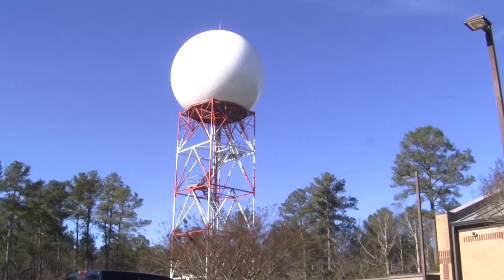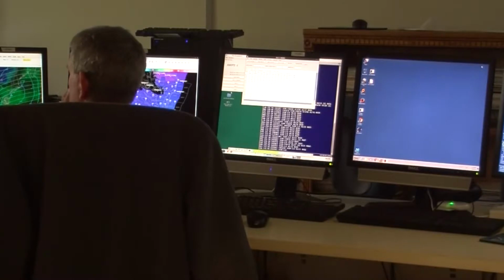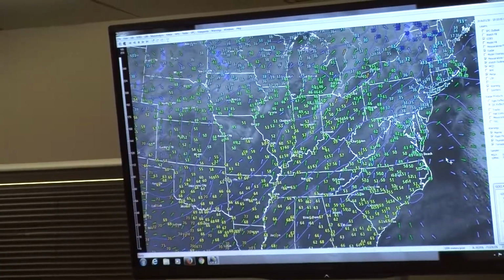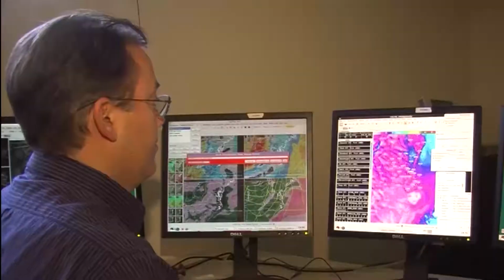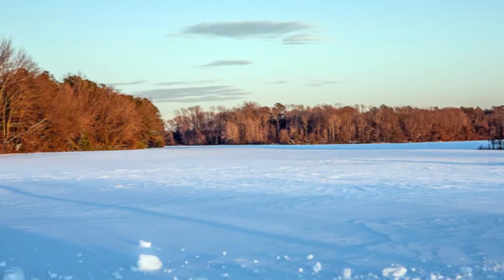This is the National Weather Service office in Wakeville, Virginia. We work closely with the forecasters here and at the National Weather Service office in Mount Holly, New Jersey as well to give you reliable information. Larry Brown is the senior forecaster here. He's working on the forecast, and in this part of the world, forecasting is never easy, especially when it comes